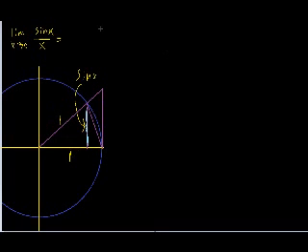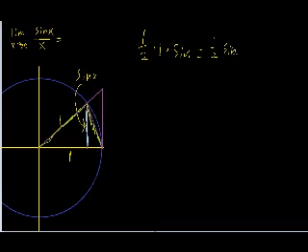Alright, so we're going to take the area of this triangle. I'll do it in green. This triangle right here that I'm outlining. Alright, so the area of that is 1/2 base times height, so that's 1/2 times 1 times sine of x, which equals 1/2 sine of x. Alright. Oh, and let me just do this, and this angle is angle x. Alright, so now we are going to try to find